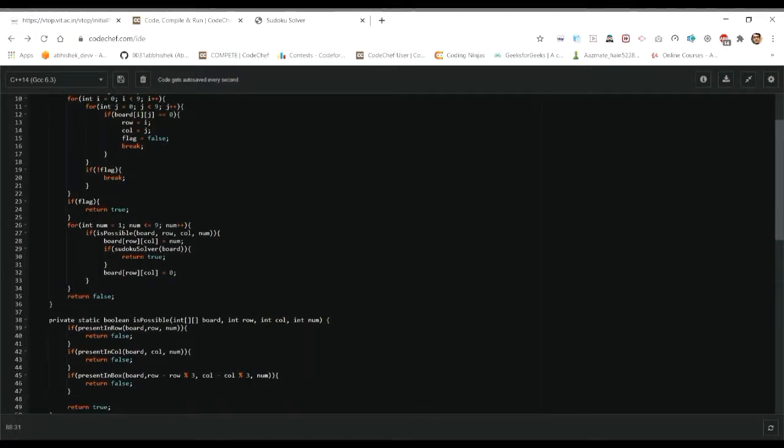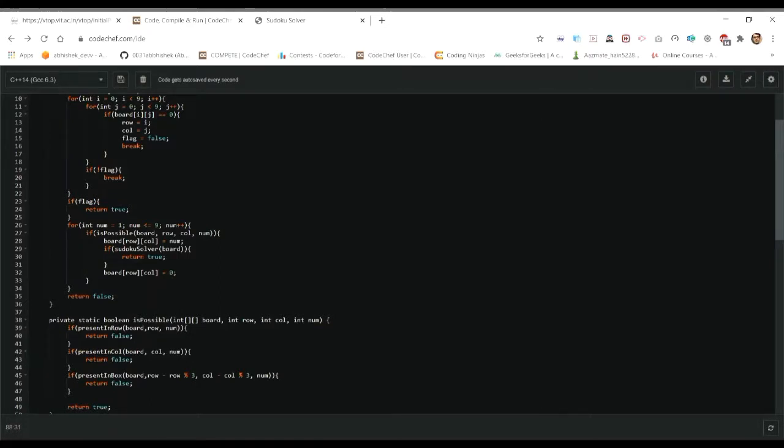So in the function Sudoku solver, I'm talking about line number 26. What will happen in backtracking, as you see in line number 26, is that when this function will not find any number which suits that particular cell, which we set at that row and column, line number 32 I'm talking about, we'll make that row and column 0. This is basically how we are doing backtracking. So we'll make that row and column 0 and call the next number. This is how we are doing backtracking.